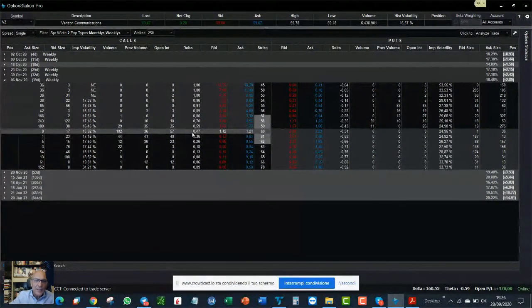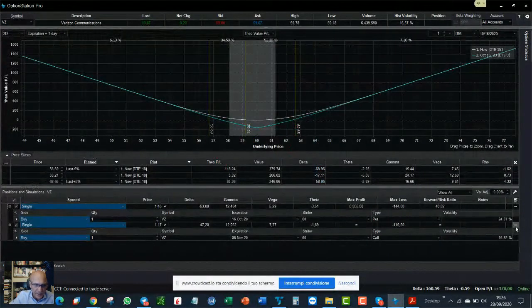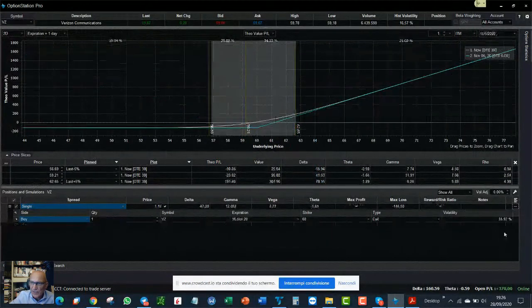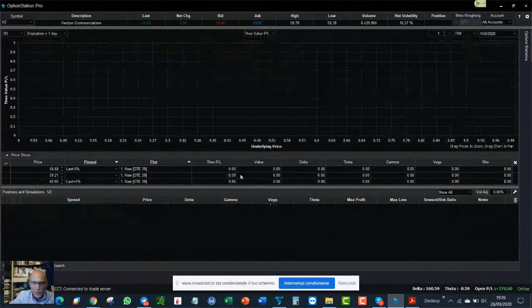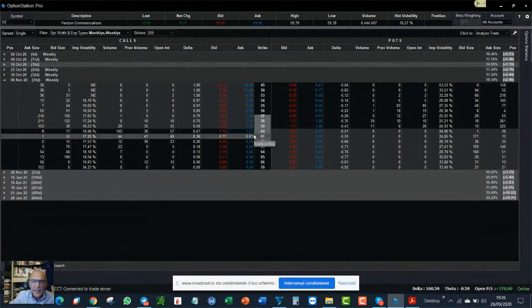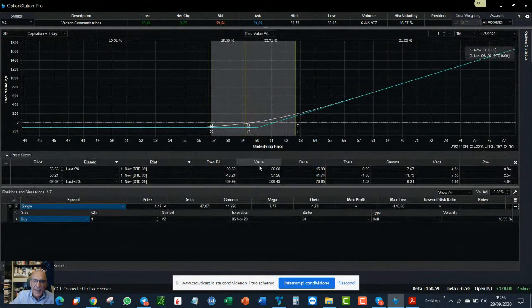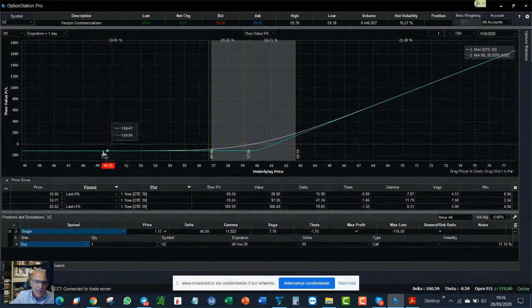Okay, so in this case, we are going to choose the strike 60. Here, the strike 60. So we press on Analyze By, and sorry, I had another strategy, so I'm gonna cancel and do it again so you can see more clearly. So we said that we're going to choose the 60 strike at the price, in this case the ask, at the price of 1.21. So I just click here, and then what I get is my profile of my call